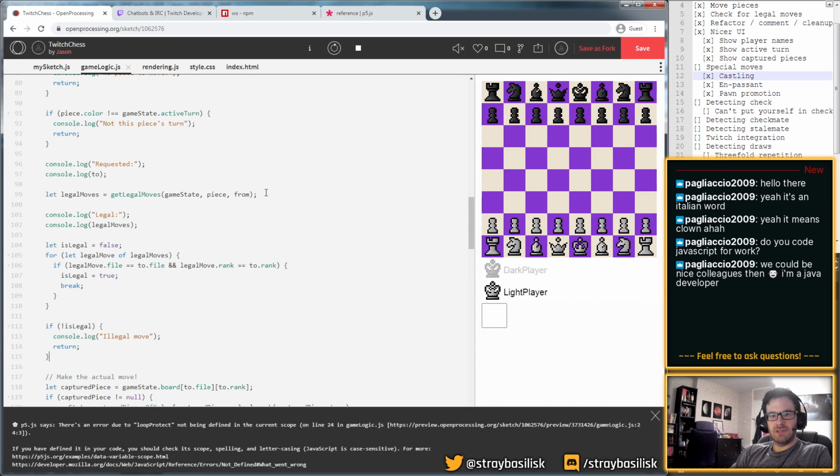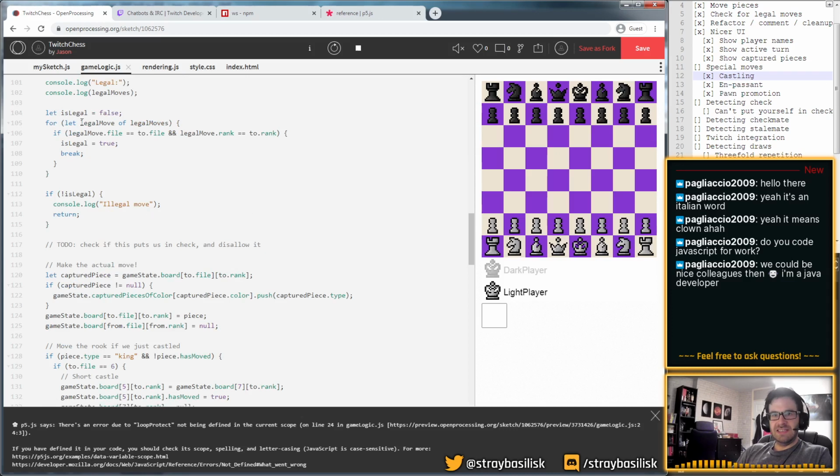So to do: check if this puts us in check and disallow it. That's something still to do. So this legal moves really returns all the legal moves, not accounting for check related rules.